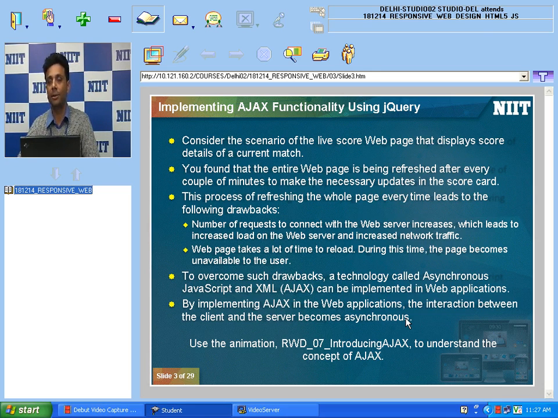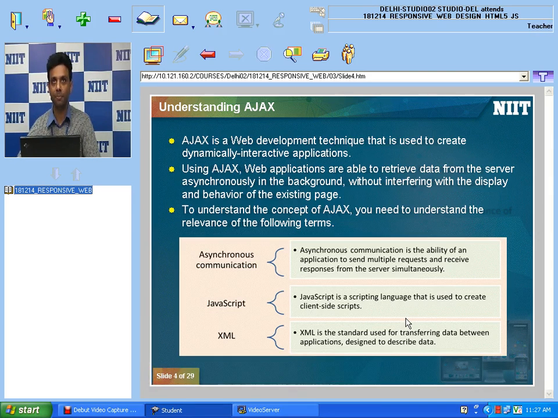To overcome that, we can use another new technology, which is Ajax, and it will help me to asynchronously connect with my web server, and to partially reload my web page. Okay, so I already played that animation.